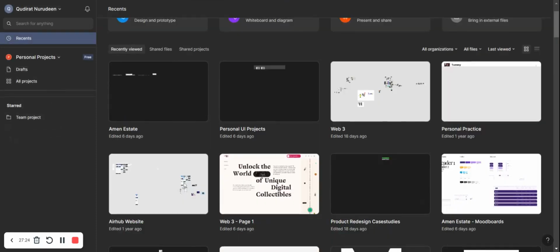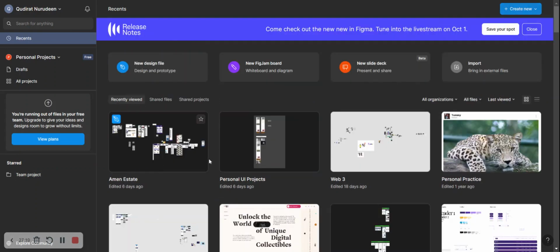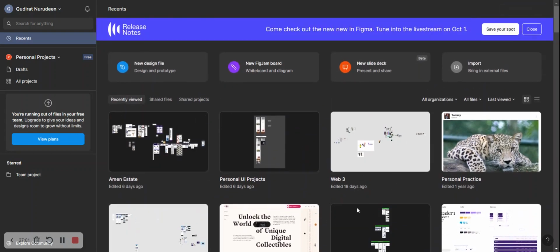So the reason why I'm having these files is because obviously I'm already a designer, but as a new person who is just signing up for Figma, you do not have all these files. These files obviously will be empty for you, and what you have to do is just go, for you to create, you go to new design file, you click on it, and it takes you to